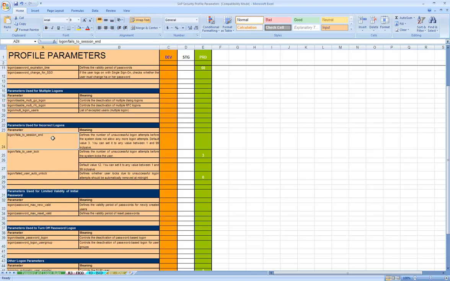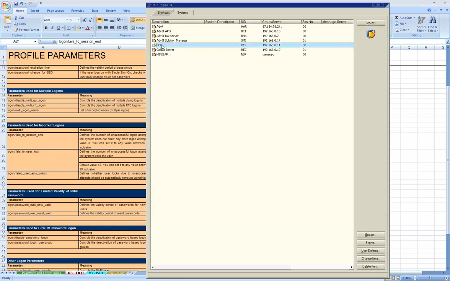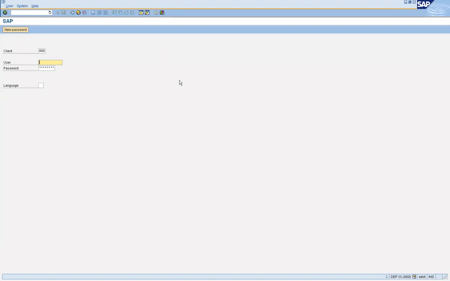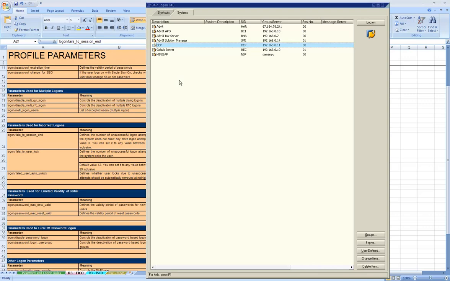For example, let's take parameters which control the incorrect logons. Logon/fails_to_session_end: what it means is, when you log on to the session, let's say for example if I log on to the session and try to give the password n number of times, the system will disable the logon session.